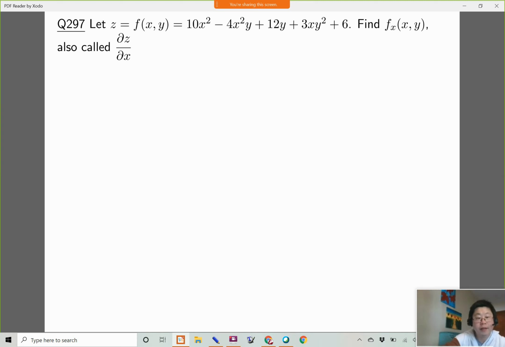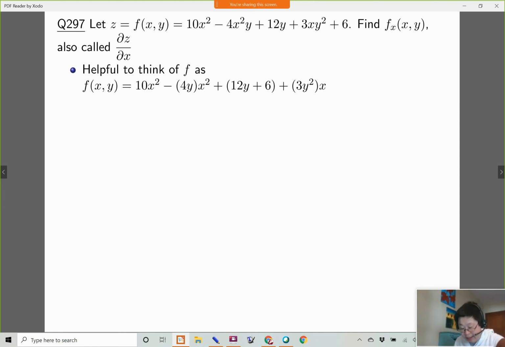So I've got z as the output variable. The function here has two input variables, x and y. We've got 10x squared minus 4x squared y plus 12y plus 3x times y to the second plus 6. I'd like to find the partial derivative with respect to x. So we're going to treat x like the variable, treat y like a constant. Another way to write this using the other notation would be this funky looking dz over dx. Again, there's just two notations. This f sub x is usually less writing, so